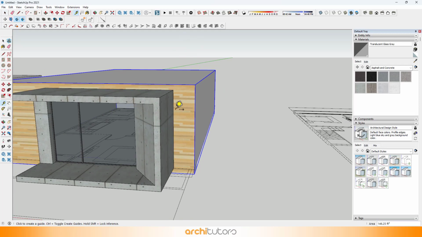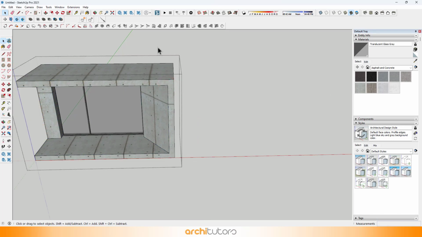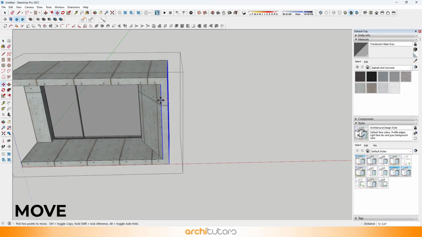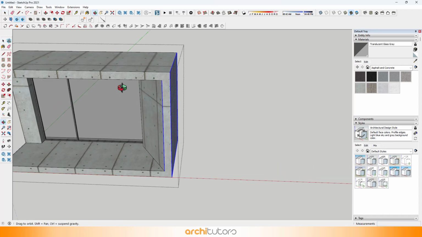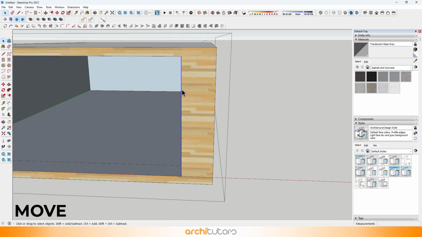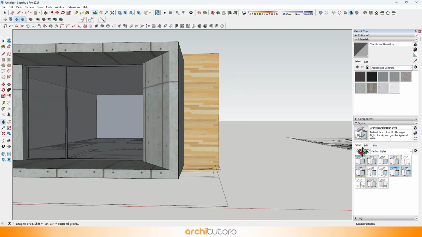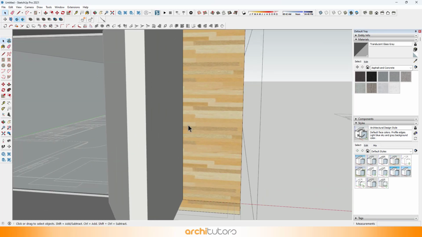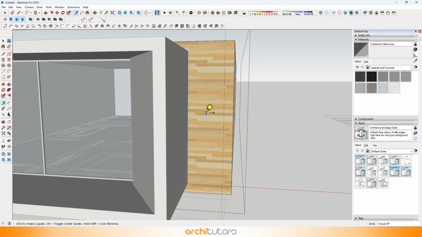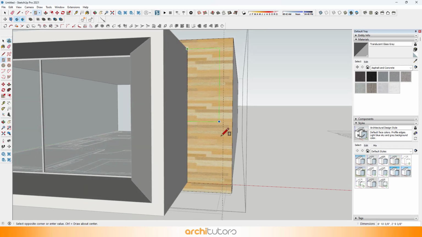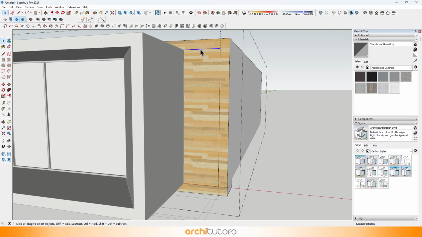I want to have a little more gap on the side of the balcony. Let's create louvers on the side. First, create a rectangle and intrude it.